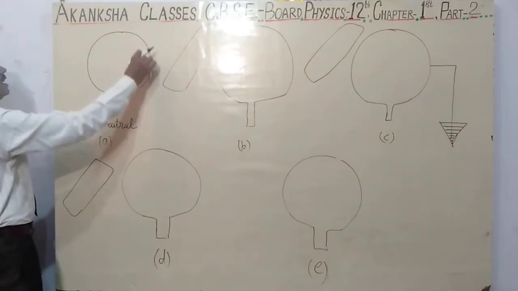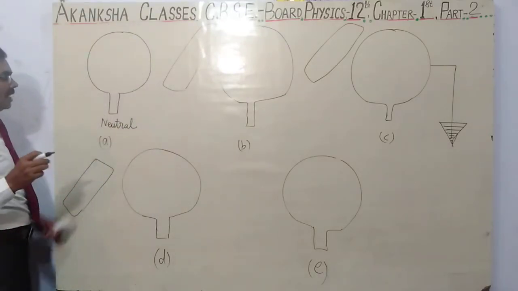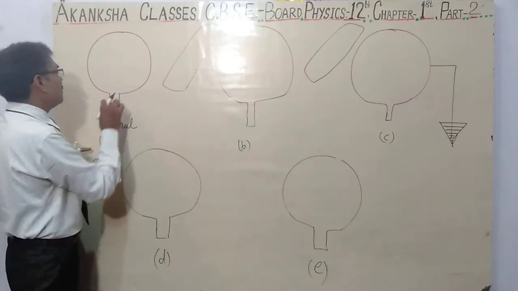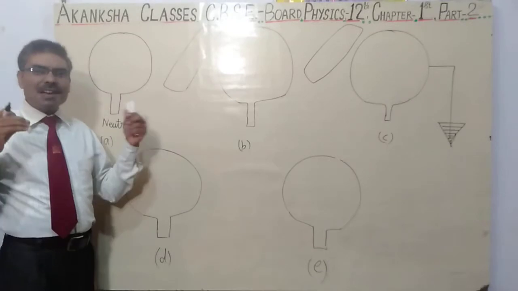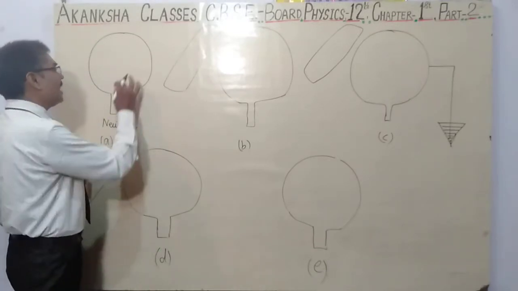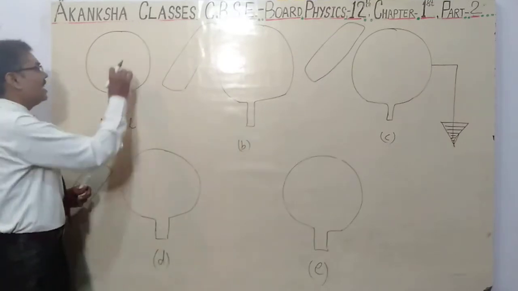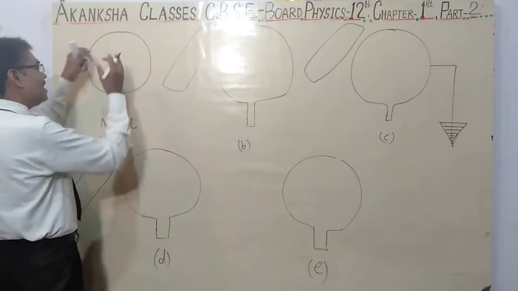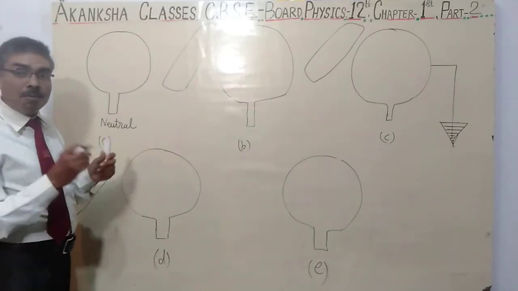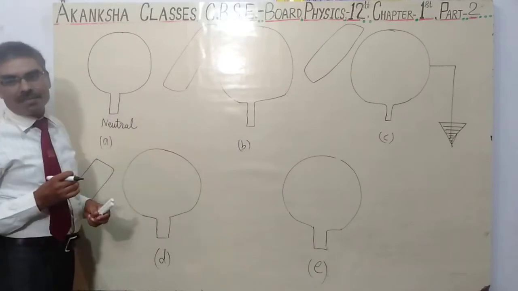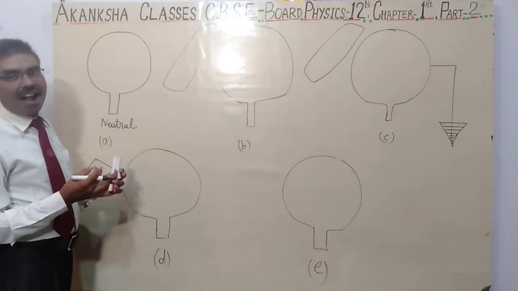This is a metallic sphere. In part A, this is neutral, totally neutral. What is the meaning of neutral? What we want to express by saying neutral? This means it has no charge. No, it has charges, but both types of charges are equal in numbers, so they cancel each other and the